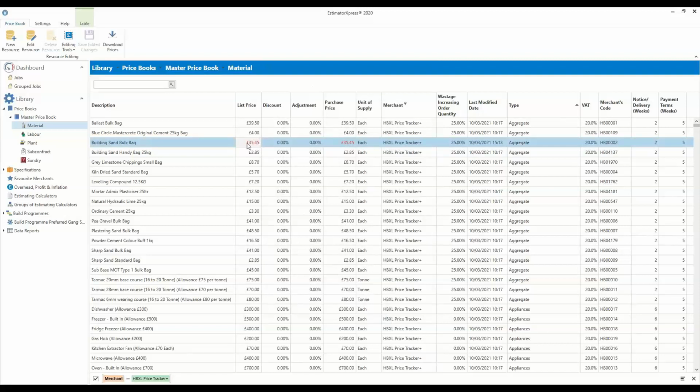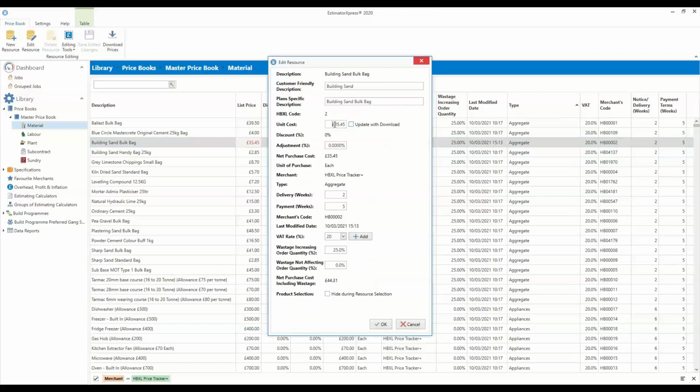Now, I know I'm going to manage it because it's gone red instead of the normal black font. So going forward, I'd be managing that price myself. But an alternative way of doing it is, rather than managing it yourself, we can